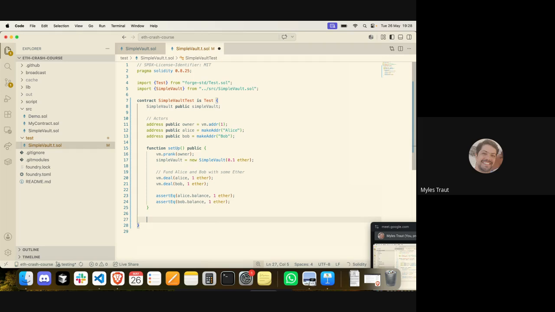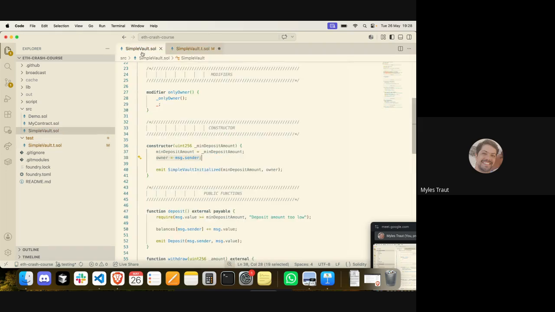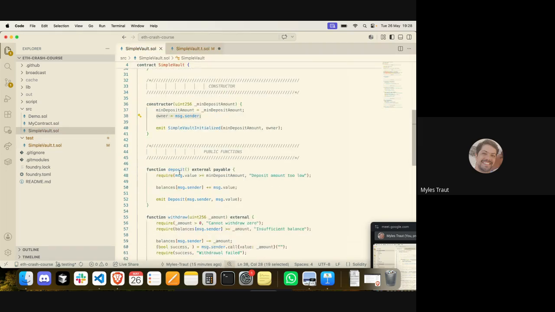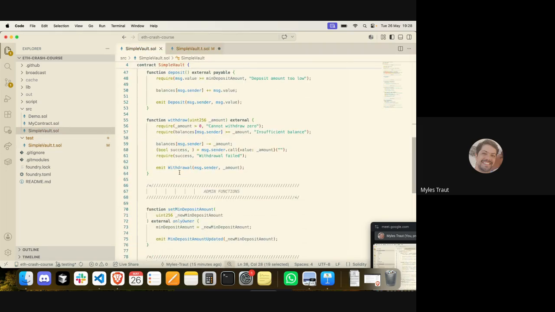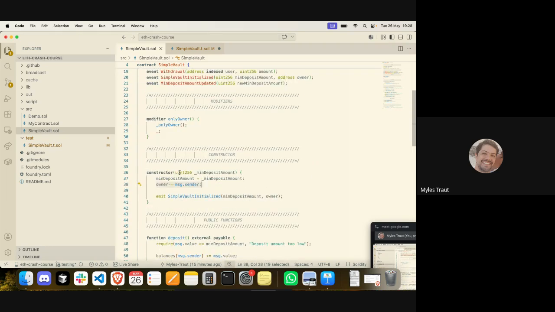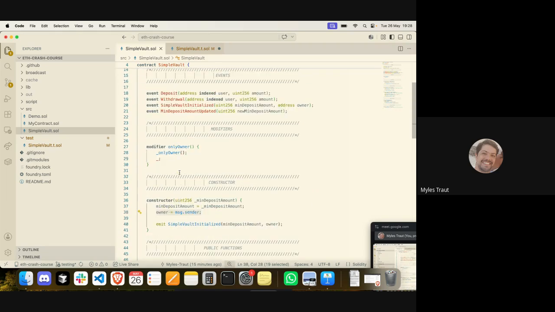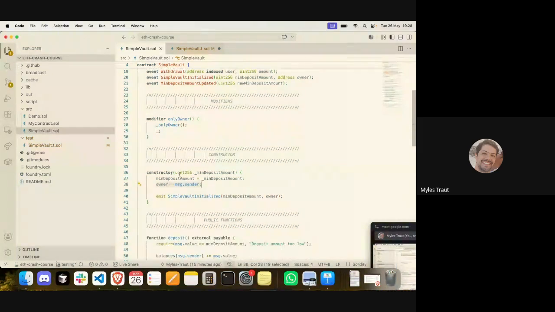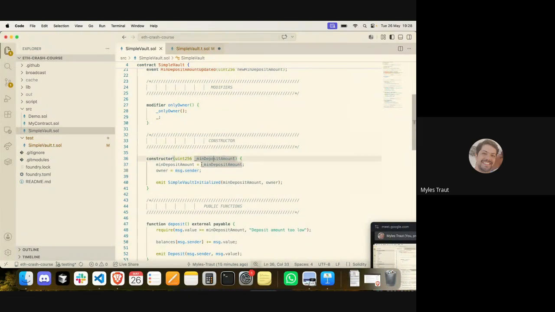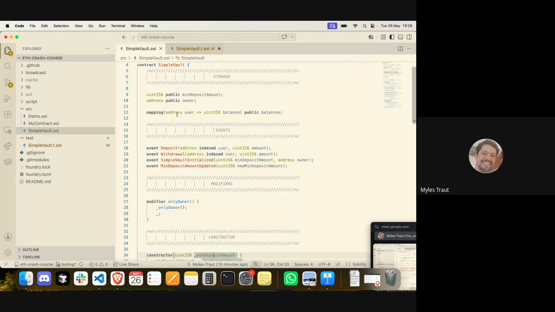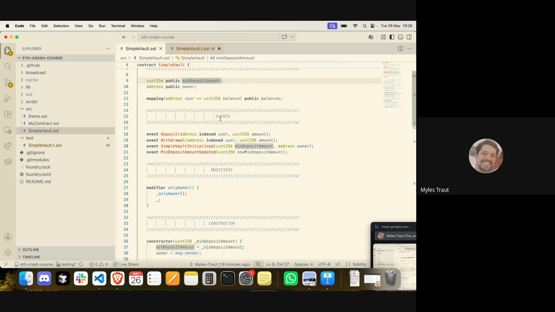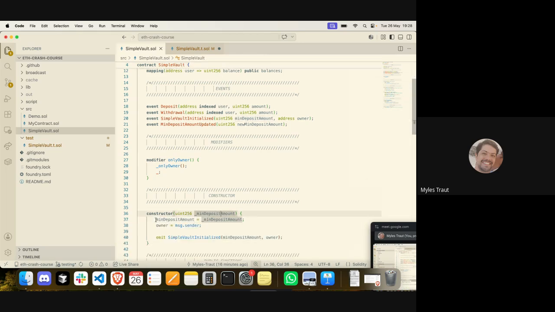Okay, time to write our first test. So initially, before we actually start testing any of these functions in our contract, you first have to test that your contract state is as you expect after deployment. So if we have passed this minimum deposit amount in our constructor during deployment, we expect that the storage variable here should be equal to whatever we passed over here